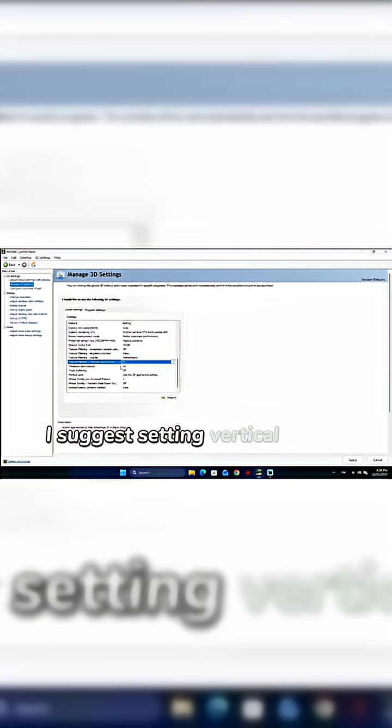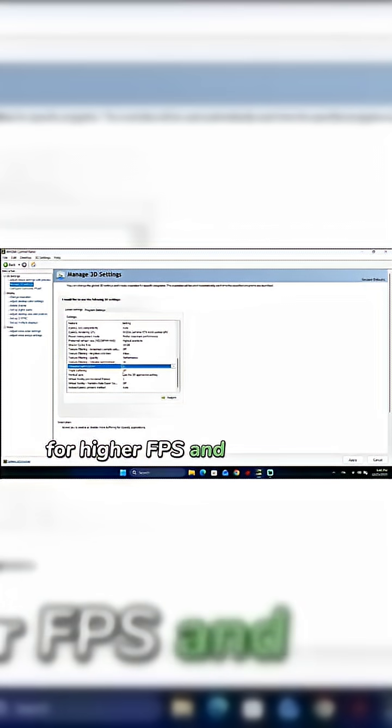I suggest setting vertical sync to application controlled or off for higher FPS and lower latency. Set virtual reality pre-rendered frames to 1. Set virtual reality